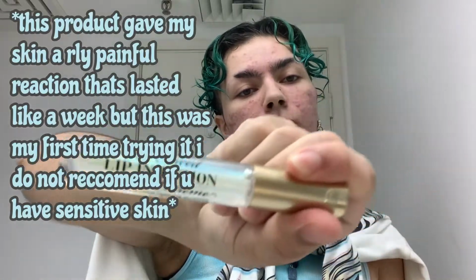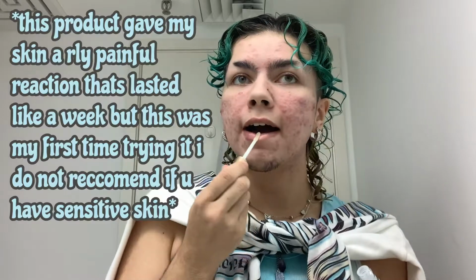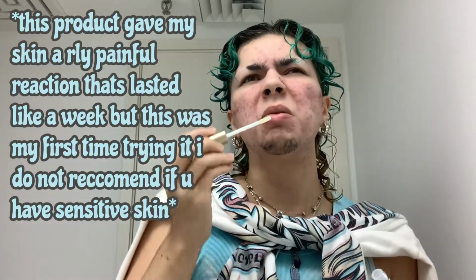Today I'm going to be trying a bunch of new products that I got from Ulta. First off, starting with the Too Faced Lip Injection Extreme. I've been wanting to try this for mad long. As you can tell, it's burning me a little bit. It really does not burn that bad, but it did give me a reaction that I'm still dealing with like